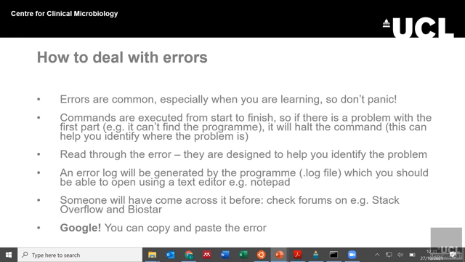And the internet is a really helpful place for identifying errors and trying to fix them. There are lots of different forums for this kind of thing. Something called Stack Overflow and BioStar are both really, really helpful. You can either paste in the error or type in what your problem is. And usually, I almost guarantee that somebody will have had that problem before. So take your time and have a look through those forums,